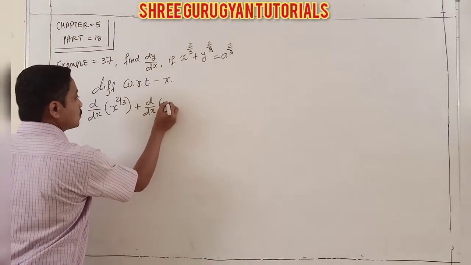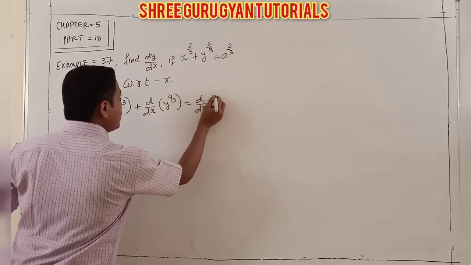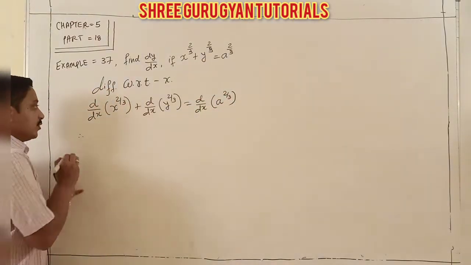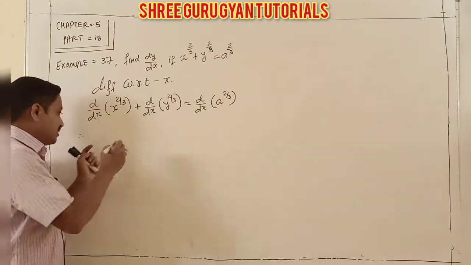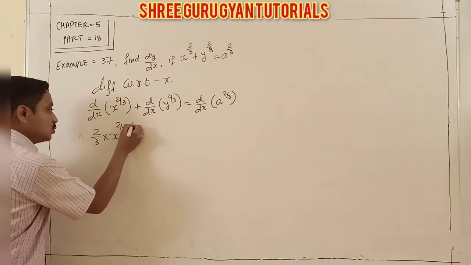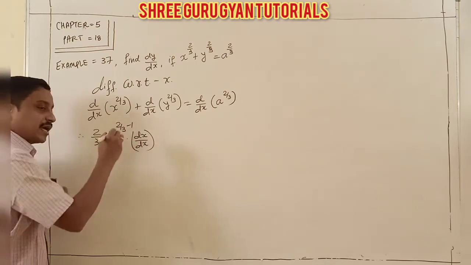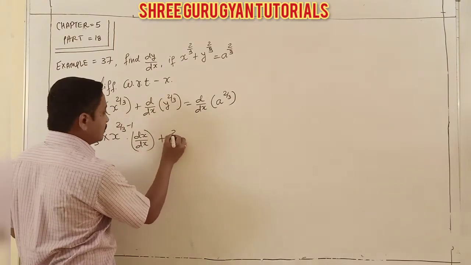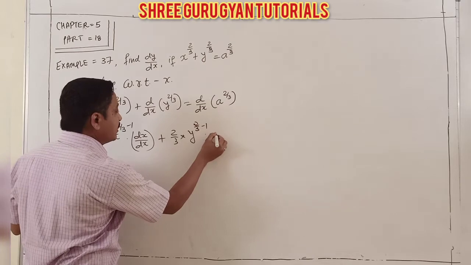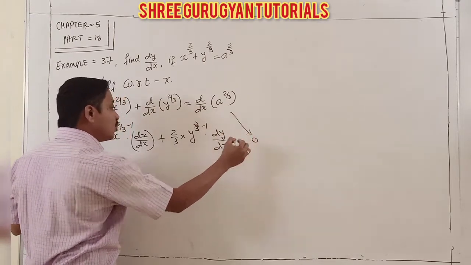same as y raised to 2/3 and same as a raised to 2/3. Now start the derivative. What is the derivative for x raised to n? Yes, 2/3 x raised to 2/3 minus 1, and the x derivative pending with respect to x as it is. Similarly here, 2/3 y raised to 2/3 minus 1 and the y derivative as it is, and here